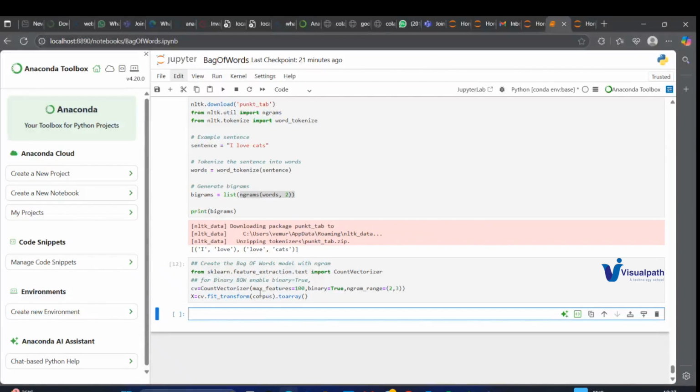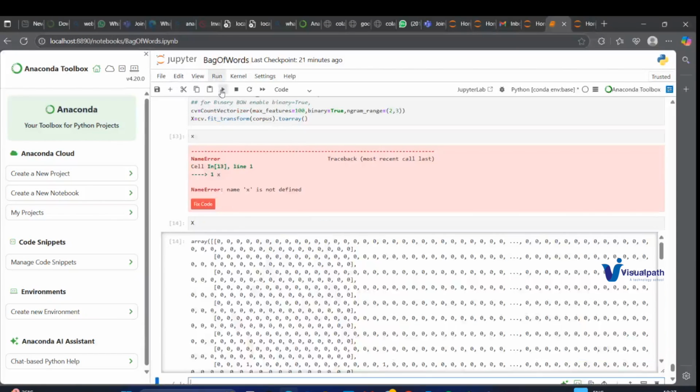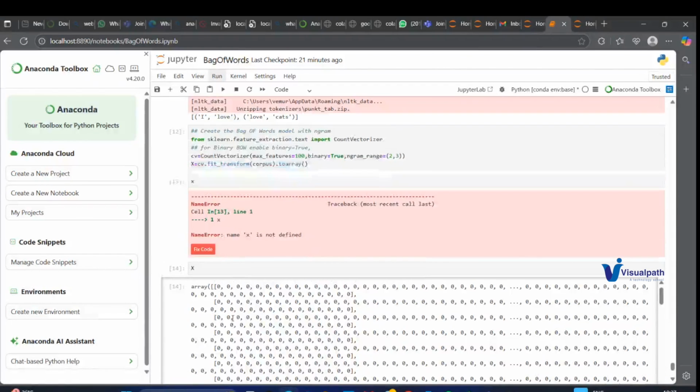Okay. Now I want to see what has happened to X. So type X and execute. Arpan, that word tokenize, I need to import NLTK only, right? I'm getting an error. Capital X. It is case sensitive. Although we will not understand much of it, what it will get is